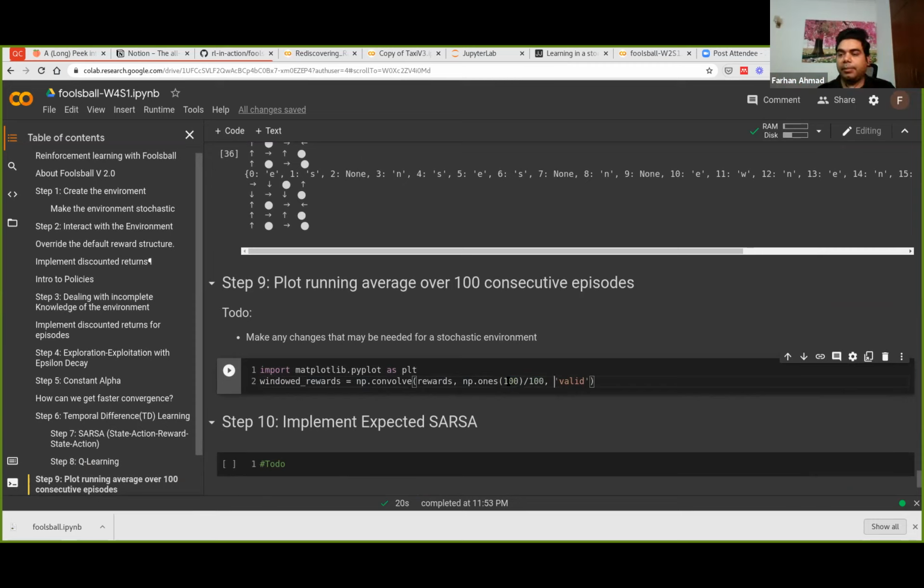And then the third parameter, valid: when you're sliding this window across the signal, the third parameter decides how far that sliding will go. In the case of valid, it will stop the moment your window is trying to go beyond the right end of your data. So with these settings,